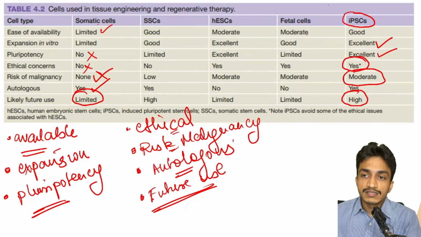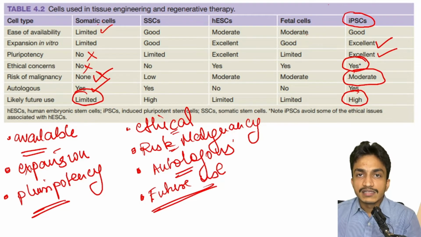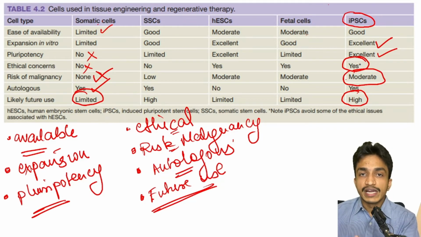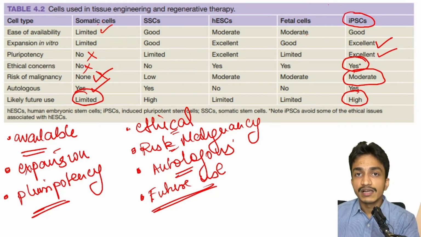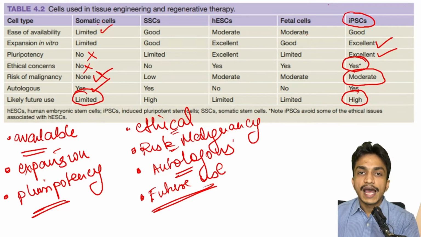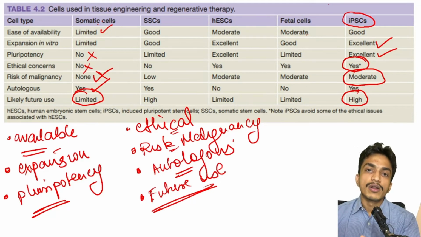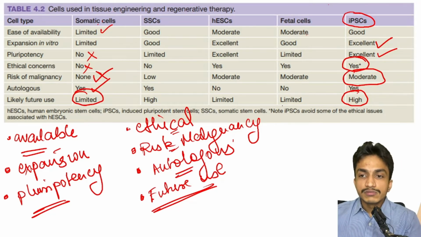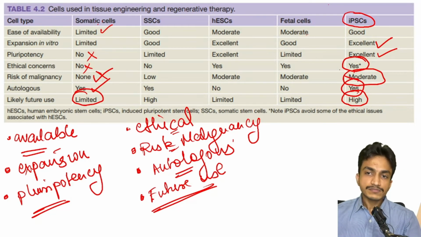It has an ethical concern because we need to take the cells and do a vector exchange for transferring certain genetic factors into that cell for it to expand and get converted into a different cell. So that is a risk. Ethical concern is involved, and because we can transfer through a vector, we can change certain characteristics and transform into certain cells, or have an autologous cell which can convert into a pluripotent cell. So it is autologous. So that is about the inducible pluripotent stem cells.